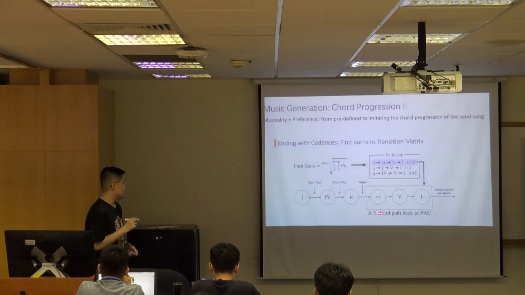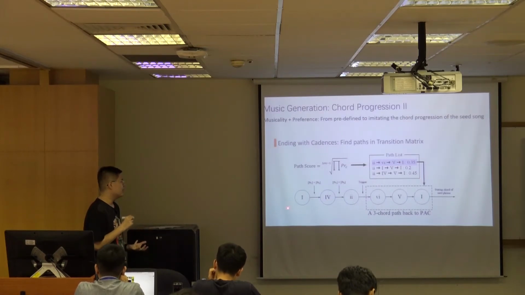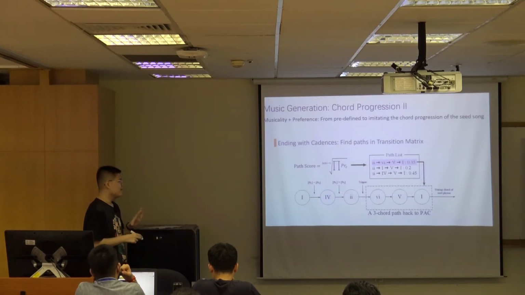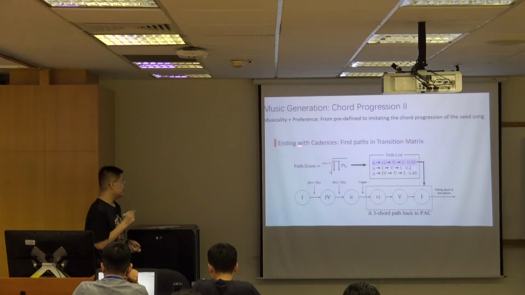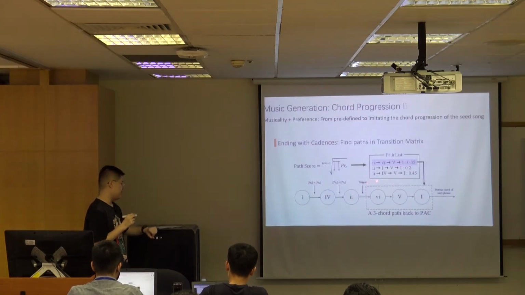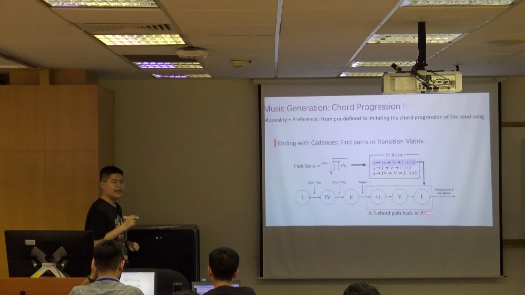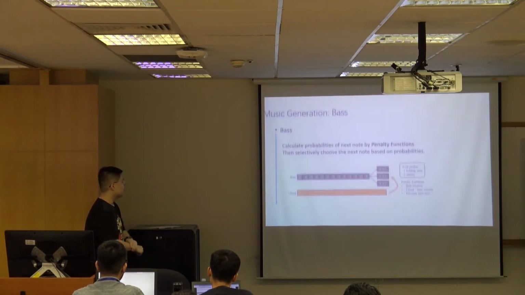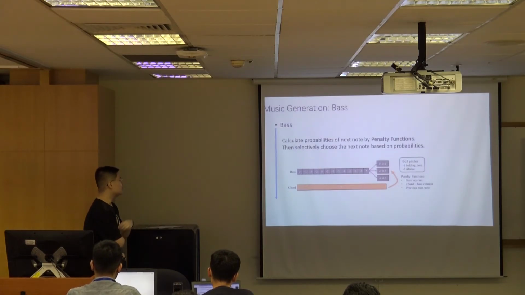And here is how the system generates chord progressions. It starts from chord 1, then uses a Markov model, the blending transition matrix, to generate the next and next chord. At each step, it has a probability to trigger this ending-with-cadences algorithm. If the algorithm is triggered, like here, it will selectively choose a path from the list and fill in all the remaining chords, and then move to the next phrase. So now we have already generated our chord progression.